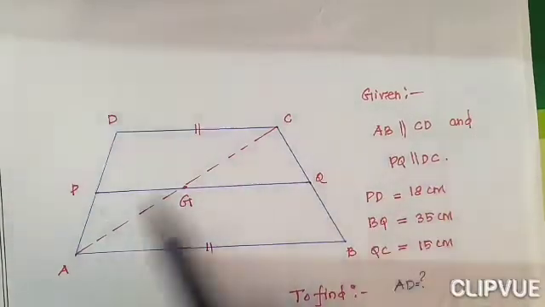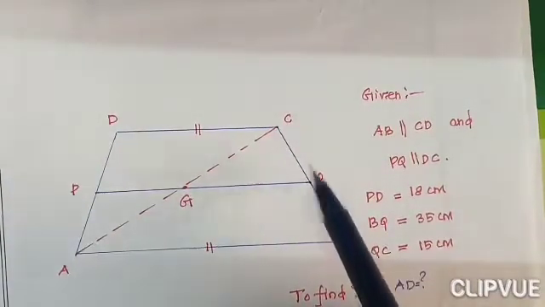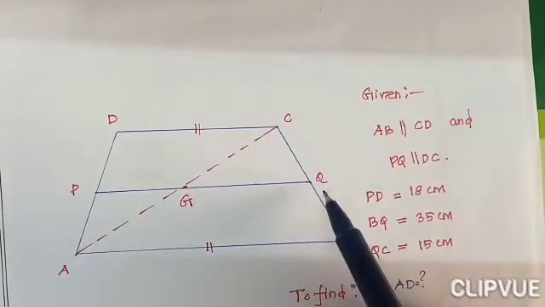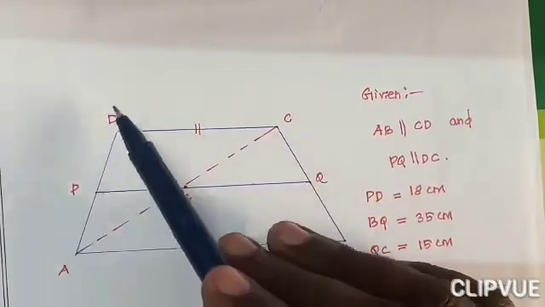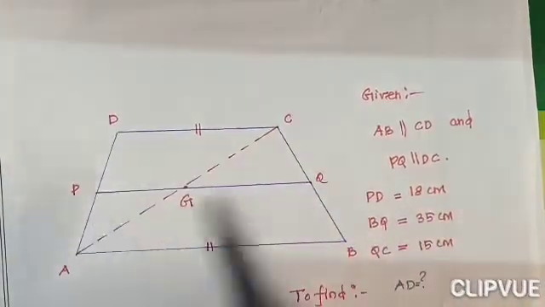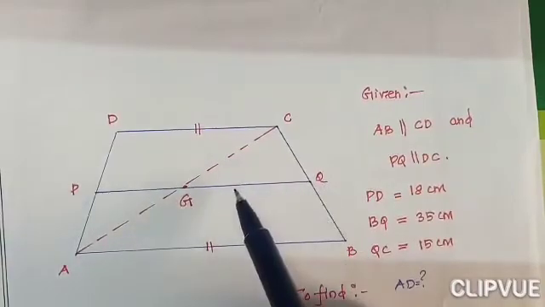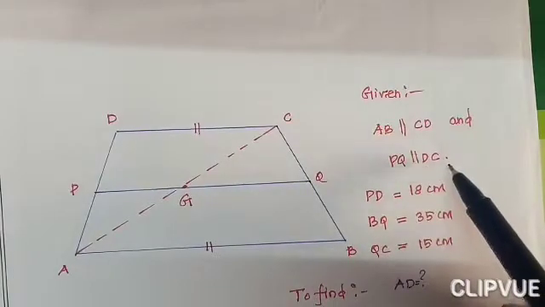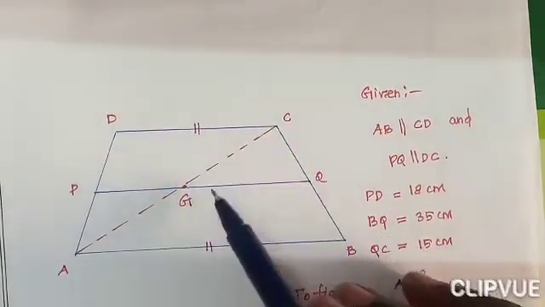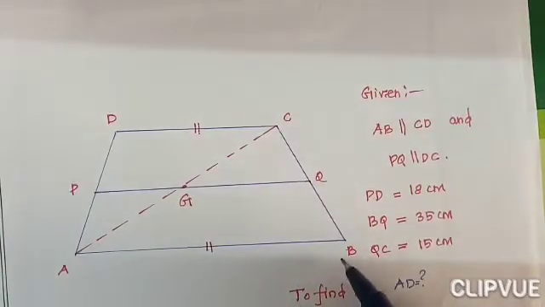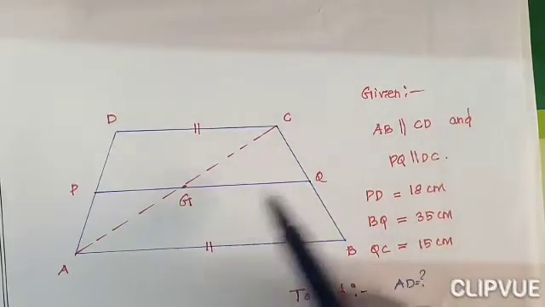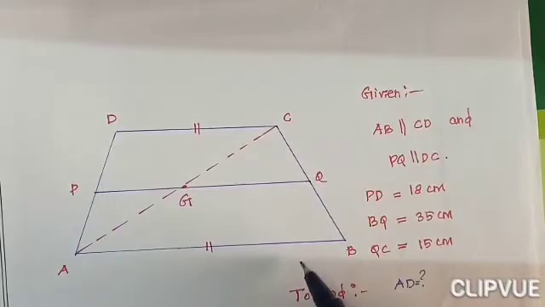And one more thing, the two points P and Q are on the sides AD and BC, is given. If you join them, we can get a straight line. It is parallel to the side CD is given. PQ is parallel to DC. If it is parallel to DC, it is also parallel to AB, because already AB is parallel to CD is given. Okay, so if CD is parallel to PQ, this PQ is also parallel to AB. I hope you understand this.